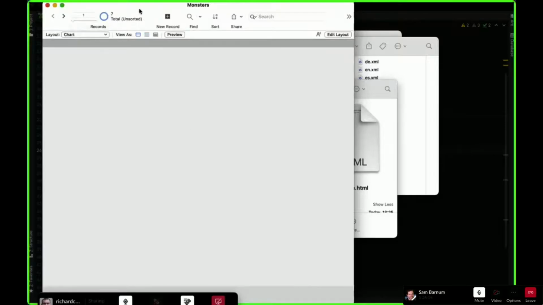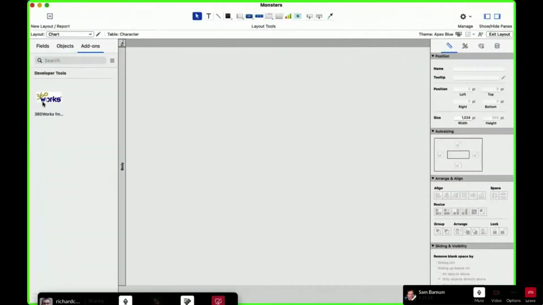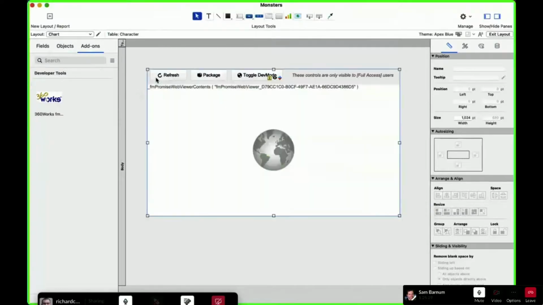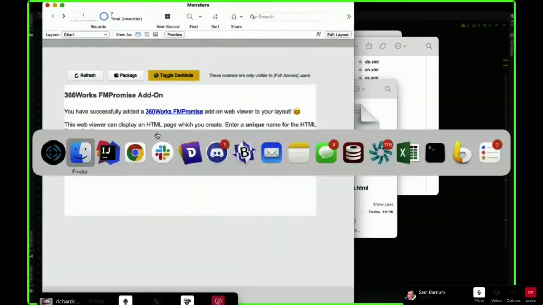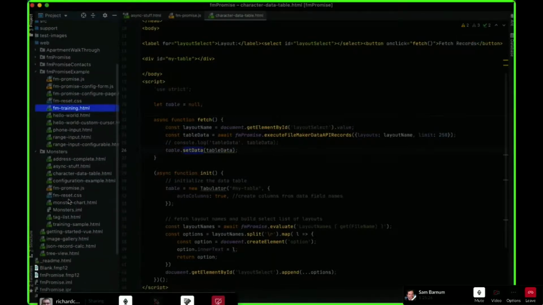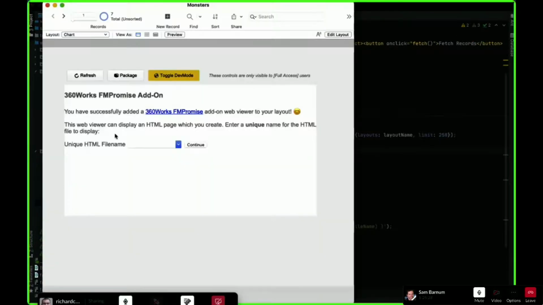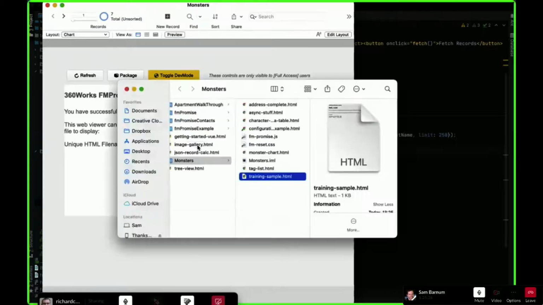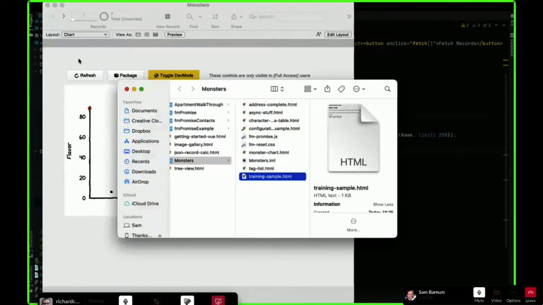And so we'll drag a web viewer out. I've already written the chart for this. It's called the monster chart. If I type in monster-chart.html, it's not gonna overwrite that file I have already. It's gonna bring it into our solution.